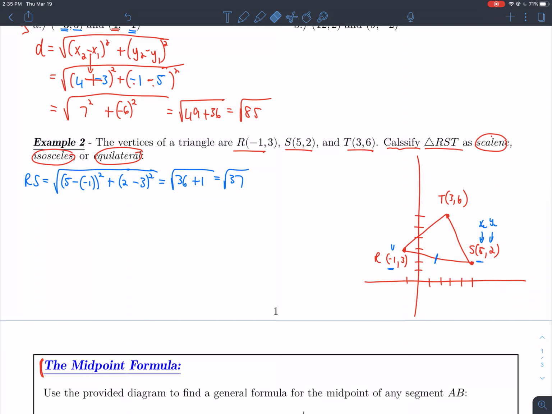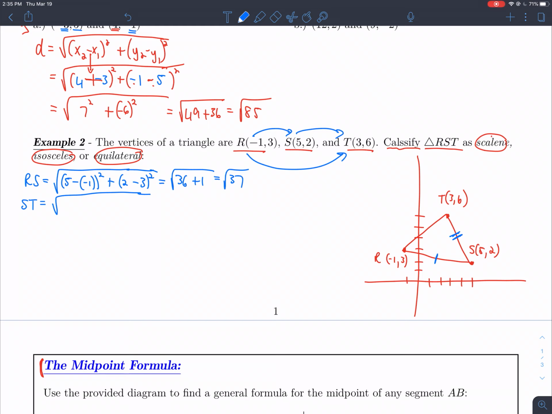So let me erase this stuff. I did RS. This was all just to find RS. Okay? So now I want to do the next one. So we did that one. Let's do another one. Let's do ST. Let's just go in order. RS, then ST, and then we'll have to do RT last. Okay? So let's do ST, which is this one. And I'm going to assume they're different lengths until we show otherwise. So that's why I'm using 2 tick marks there. Okay? So ST,